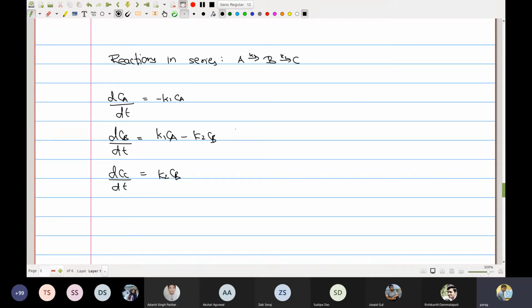So now it's said that by sequentially solving this, determine the time evolution. I am leaving this as an exercise to you. I'm just telling you how to do this. The first equation can be solved very trivially. You know that CA will be equal to CA0 e to the power minus K1t. And this equation in fact is nothing but dx by dt equals ax, right? So we know the detailed phase portrait of this particular system very well.